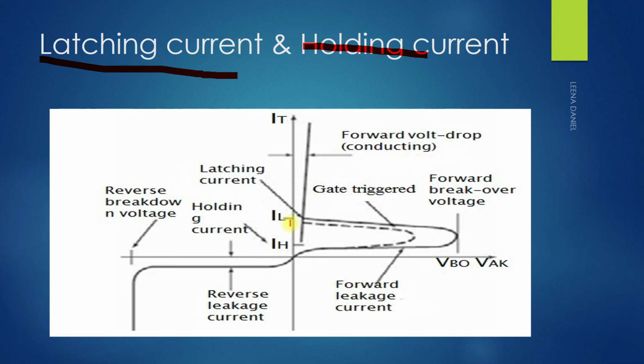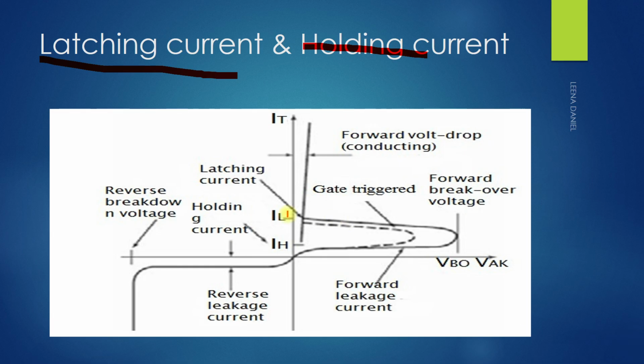This minimum current at which the thyristor latches from off state to on state is called the latching current. We can say the minimum required anode current to turn on the thyristor is called the latching current,